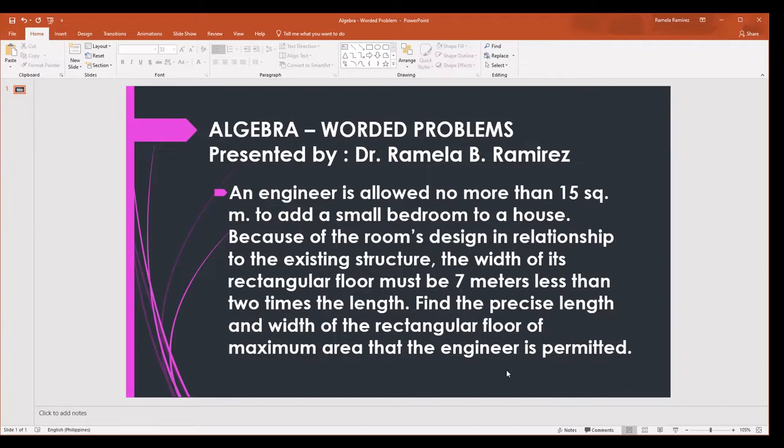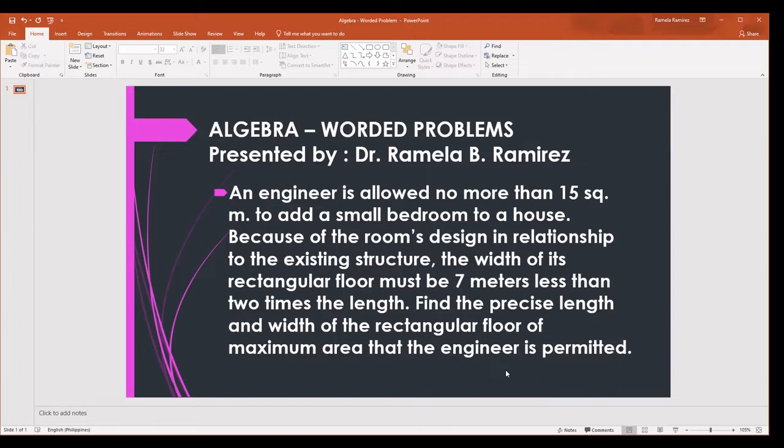And because of the room's design in relationship to the existing structure, the width of its rectangular floor should be 7 meters less than 2 times the length. And we are going to find the precise length and width of the rectangular floor of maximum area that the